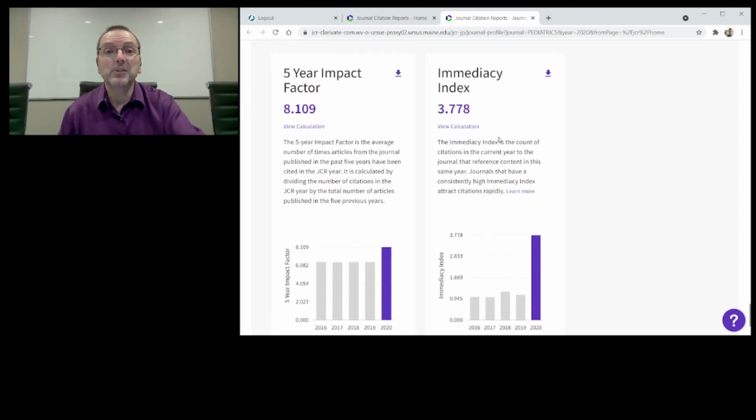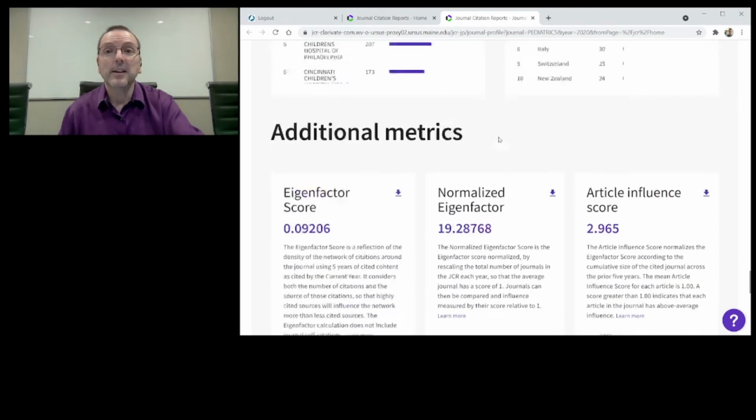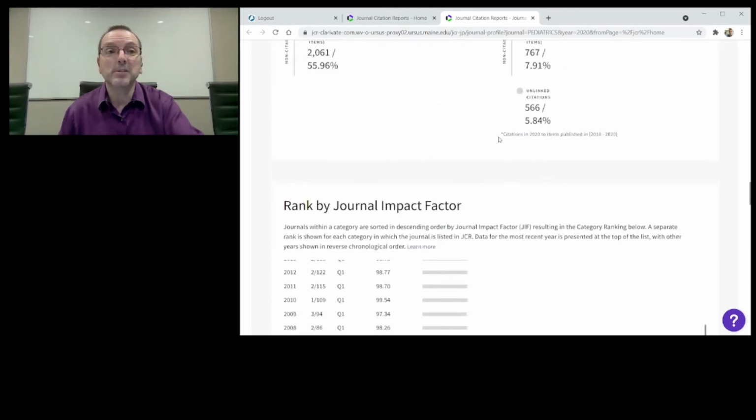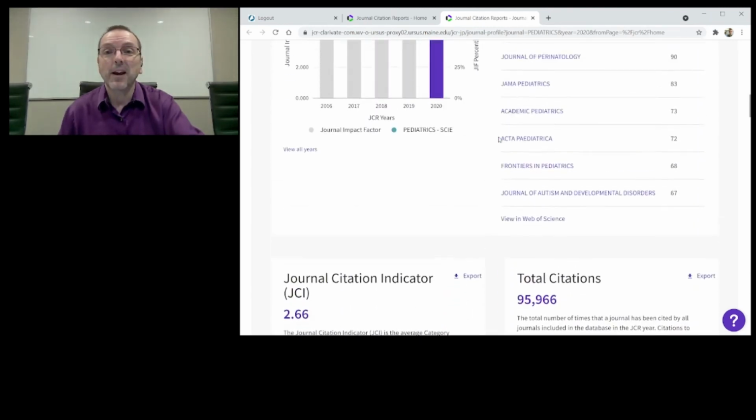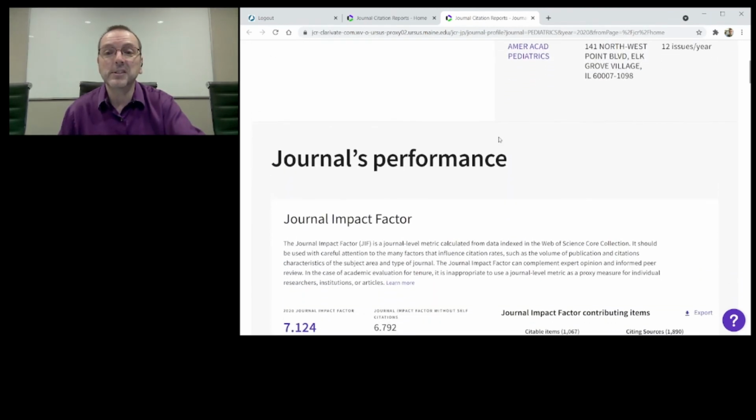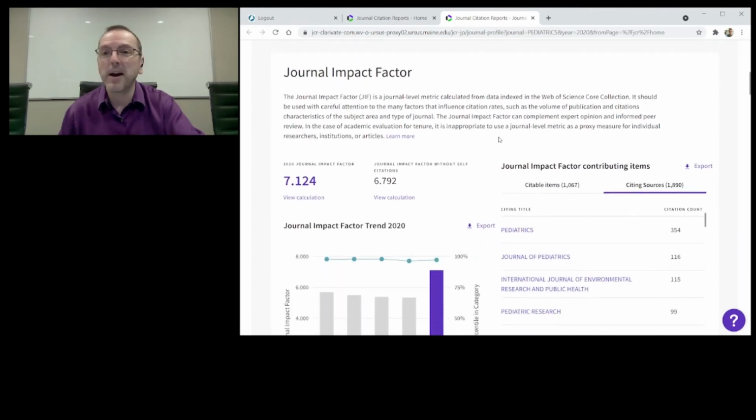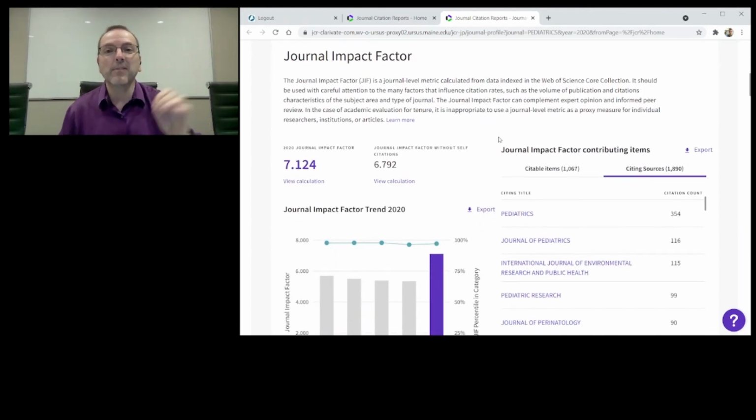Okay? So that is the Journal Citation Reports. Pretty good. Again, if there's a single big thing here, it's the one we talked about at the beginning. The journal impact factor gives you probably the most widely used single snapshot of the impact a journal is having. And then there's lots of additional information you can look at to get a sense of what's happening